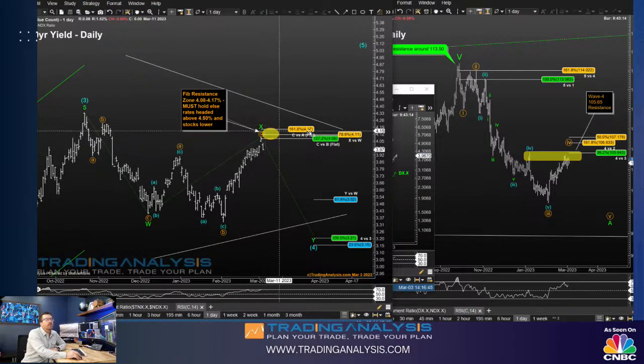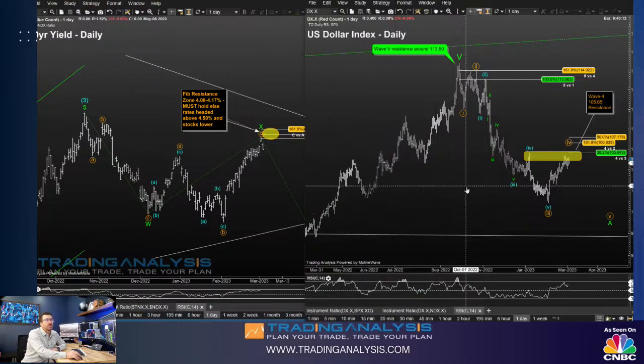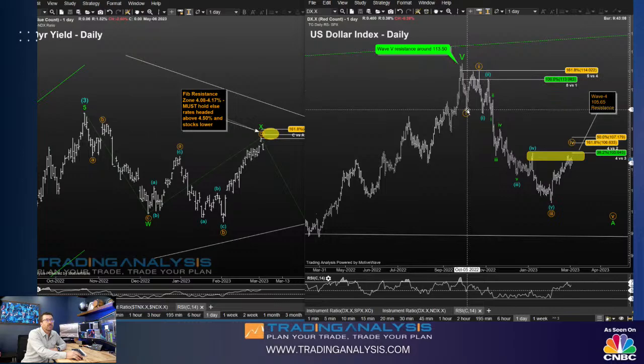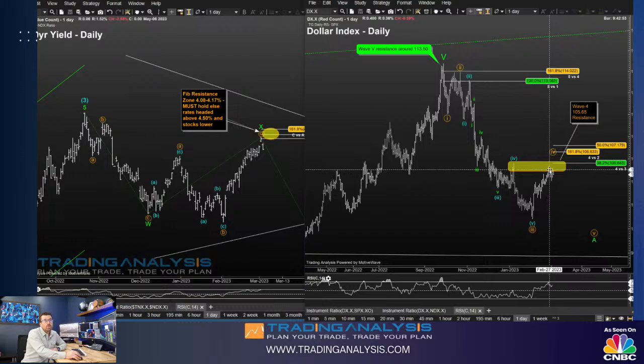Now, the other market here is the FX market. And this is the dollar, also on the daily. You'll see just the possibility that this is a fourth wave correction against the area of the prior fourth of one lesser degree. This is textbook Elliott, as well as a 38% retracement of orange circle 3. So we have resistance. Now, what I want to draw your attention to is